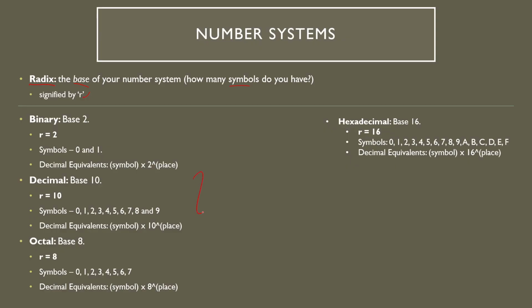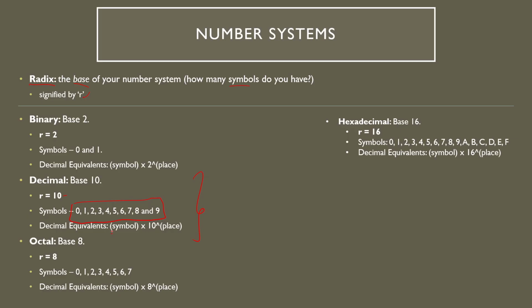The most common one is, of course, base 10. You already know this one. It has a radix of 10, which means it has 10 symbols right here. Again, like I said, these symbols are just random squiggles on a page. Don't think of them as specific numbers or something special. You could replace all these with whatever you want. So someone out there could be using a base 10 system which uses letters instead of numbers, or it uses, I don't know, every single BTS member. But yeah,